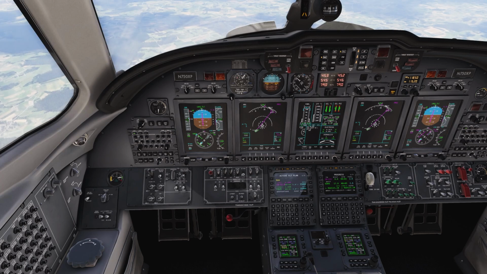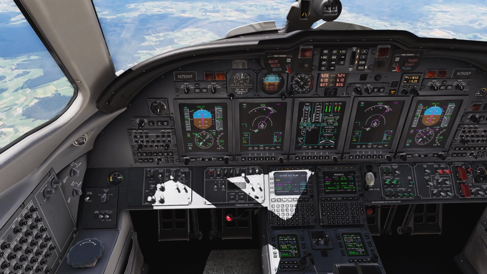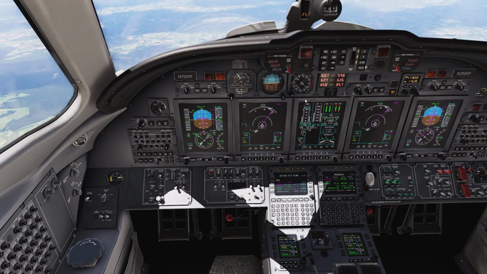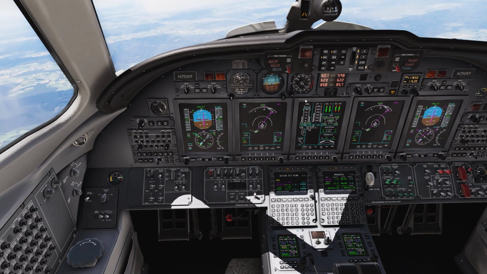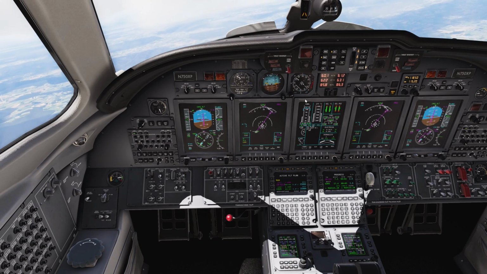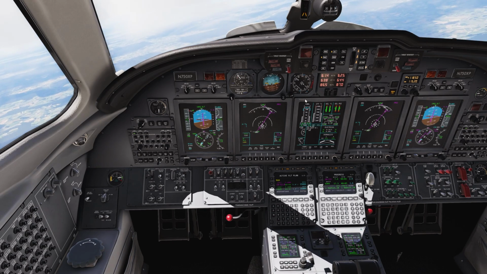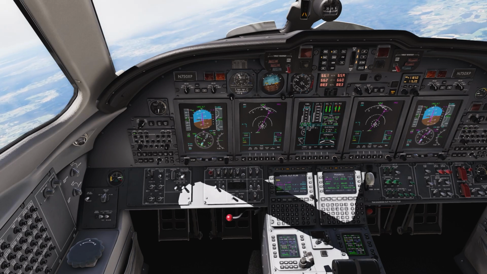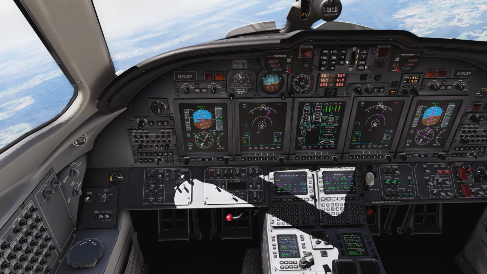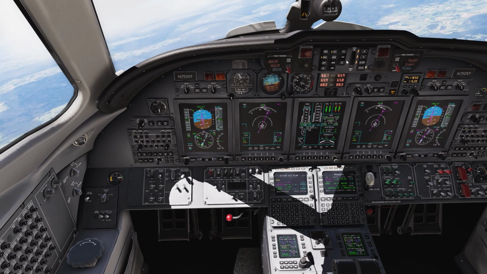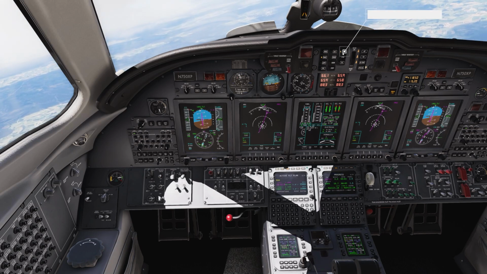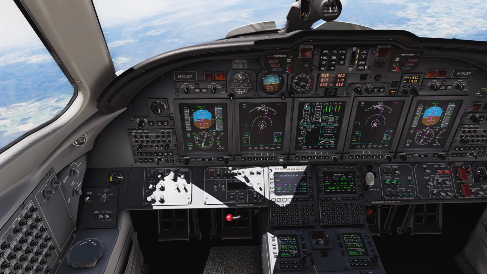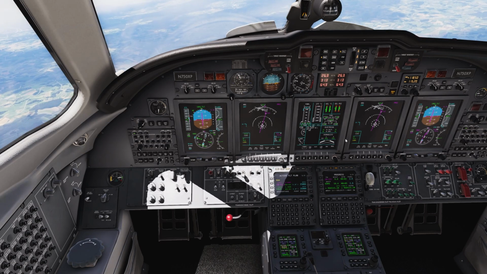Here we come up on 7,000, and see, since the plane is not maintaining altitude, I'm going to hit altitude here, go to 60%, and you see that, well, we need a little more, maybe 65 as it's climbing back up, but that's going to stabilize speed nicely. But of course, we want to go down to 3,500, and I'm going back to flight level change, pull out the power, and you can see